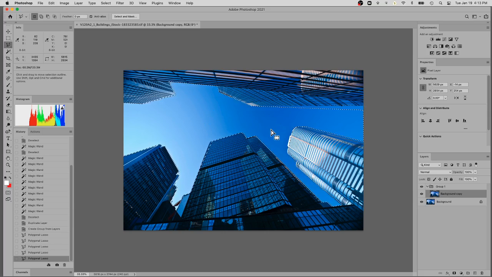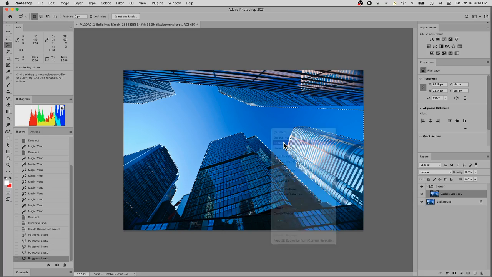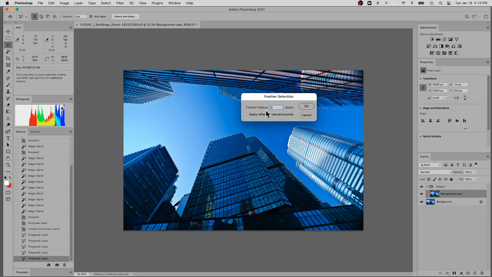Coming to this step here, I would always recommend thinking about your feathering. Feathering helps that line become a hard line or a soft line. I chose this particular project because there's a lot of hard lines, so you shouldn't have to feather that much. But I would probably put at least a